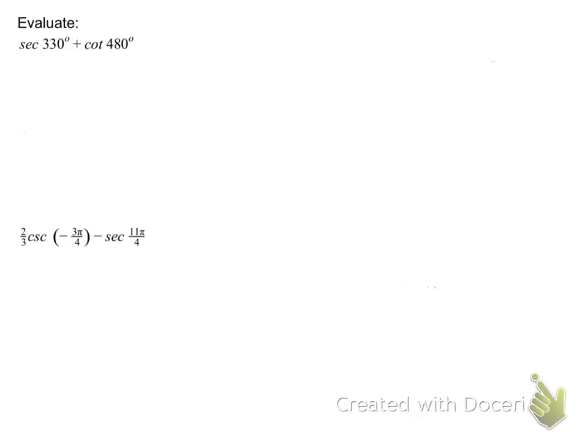So, how do I change secant into the big three? That would become 1 over. Secant of 330, what would that be if I wanted to switch it to one of the big three? So 1 over cosine of 330 degrees, yes? Plus 1 over tangent of 480 degrees. All I did was switch it to sine, cosine and tangent, the big three,